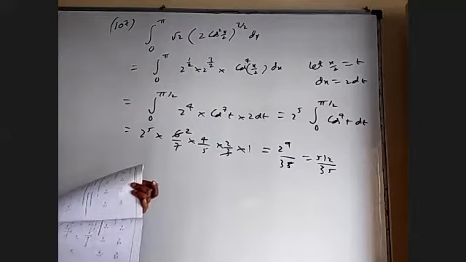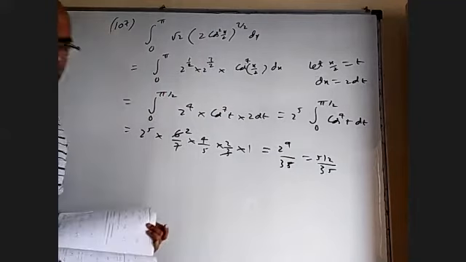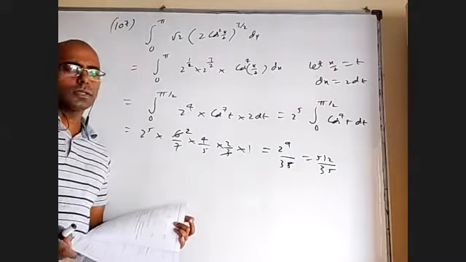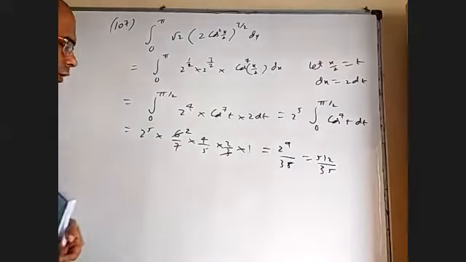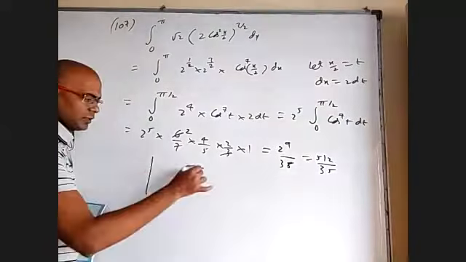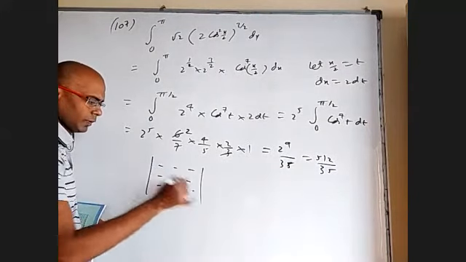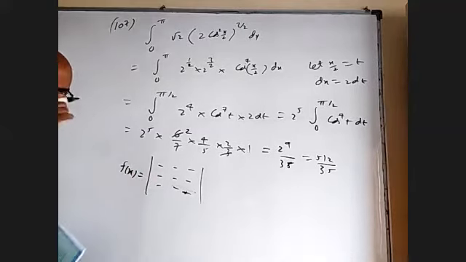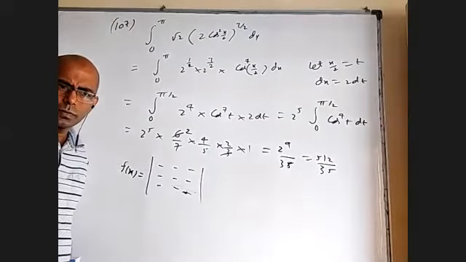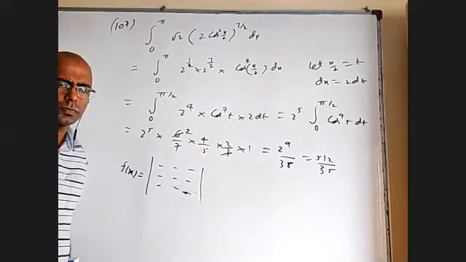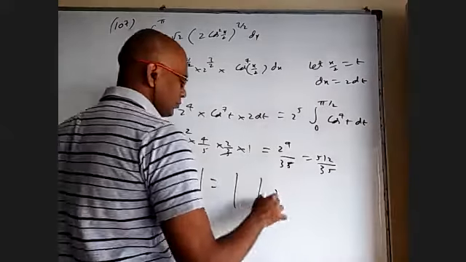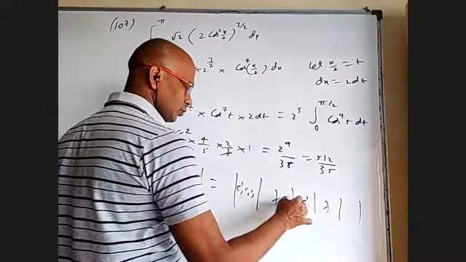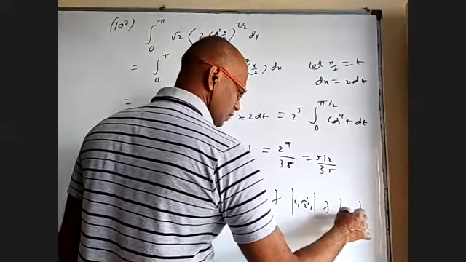Okay, next we have definite integrals involving determinants. But unlike differentiation, in integration there is no way to integrate a determinant. I hope all of you know how to differentiate a determinant. Let's have something like this, where this whole thing is f of x. Anybody remembers how to differentiate a determinant? First, we'll differentiate the first column, then the second column, and then the third. We have to write the sum of 3 determinants. One time column 1 is differentiated, column 2 and column 3 as they are. Another time column 2 is differentiated, column 1 and column 3 as they are. Another time column 3 is differentiated.